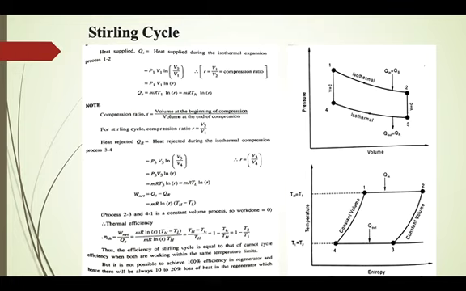So during this regeneration process, the heat is transferred to the regenerator during first half, and then heat is transferred back to the working fluid in the remaining half of the cycle. So let us see how we can derive an expression for efficiency of the Stirling cycle. Now this Stirling cycle is again shown on temperature entropy diagram also. So isothermal process is shown as a straight line because temperature remains same, and then constant volume process is represented here. Now the heat supplied QS, heat supplied during the isothermal process 1 to 2. During process 1 to 2, heat supplied is P1 V1 ln V2 by V1. And now V2 by V1,